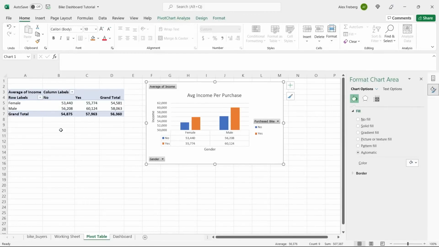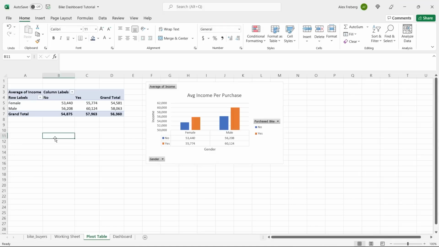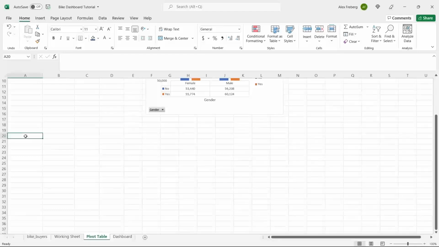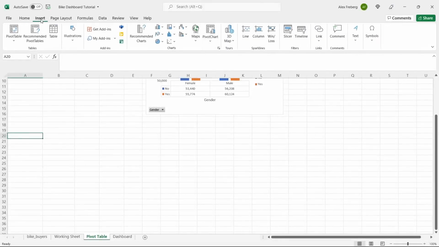So we created our pivot table, and then we created our visualization. Basically exactly what we're going to do for all of these, because all of these need pivot tables in order to create the visualization. So let's get out of here. We're going to scroll down, and we're going to create our next pivot table. And once we get done with all of the pivot tables that we need, or all the visualizations that we need, then we will